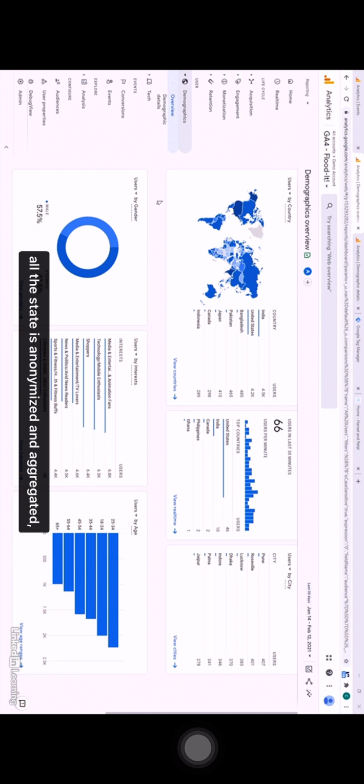From a privacy point of view, of course, all this data is anonymized and aggregated. It's only provided if there are lots of users in the segment, so no personally identifiable information is ever inadvertently shared. Okay, we're here in the demographics overview,